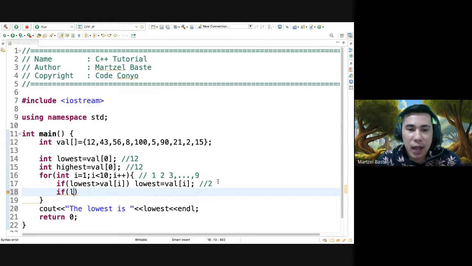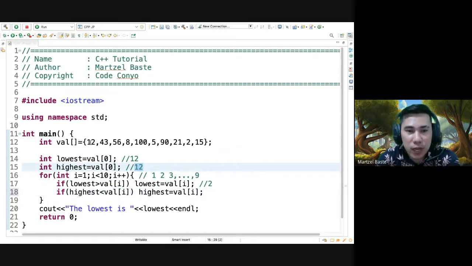So highest is equal to val I. Meaning to say, once you compare this one to any other element, if naay mas greater sa iyaha,